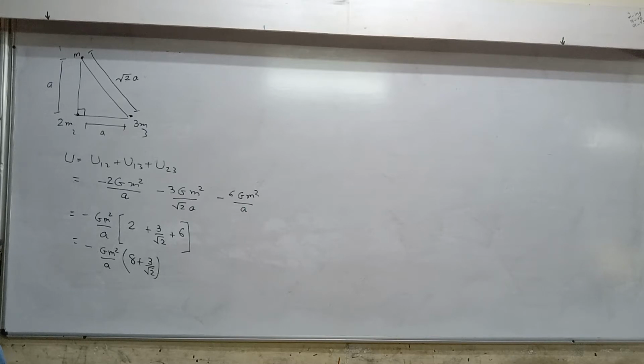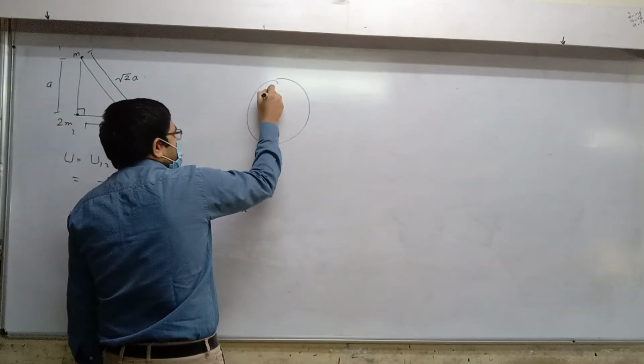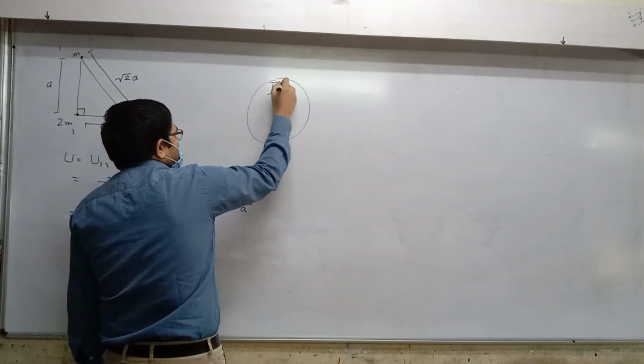Does it match the book answer? Others, those who have not got it, would you like to ask questions? Do you have any doubts, about what to do? You have to put in the value of depth. At how much depth? RE by 2. So this depth is RE by 2.